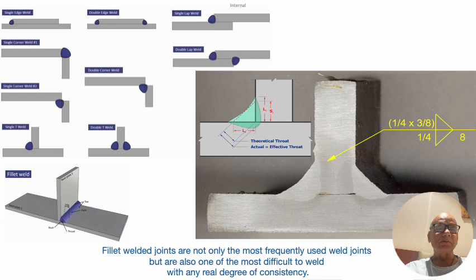Hello friends. We are going to discuss today one more type of welding. As you see here in this chart or the slide, it's a fillet weld. As the description given here says, fillet weld joints are not only the most frequently used weld joints, but also one of the most difficult to weld with any real degree of consistency. So we are going to discuss